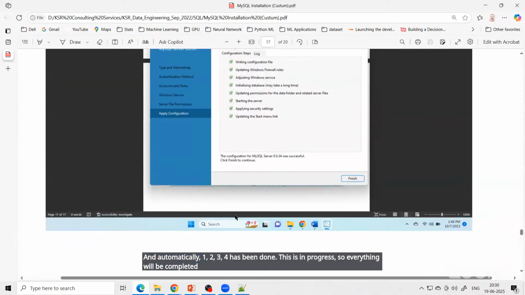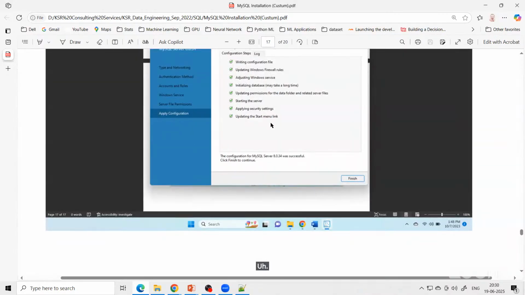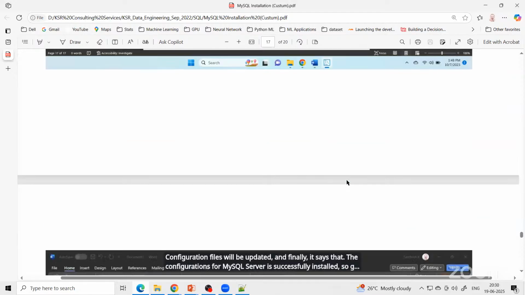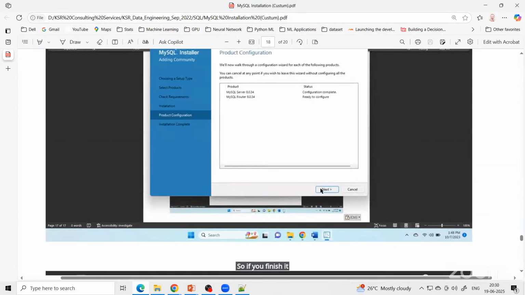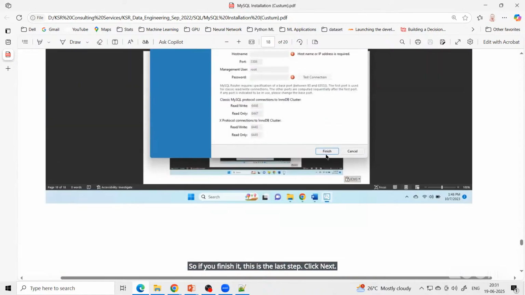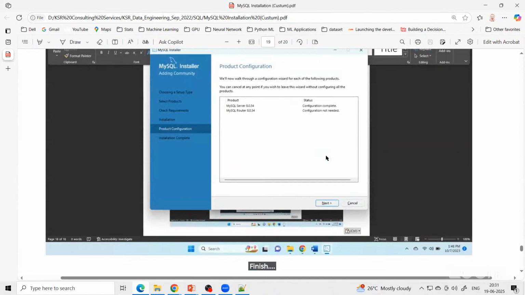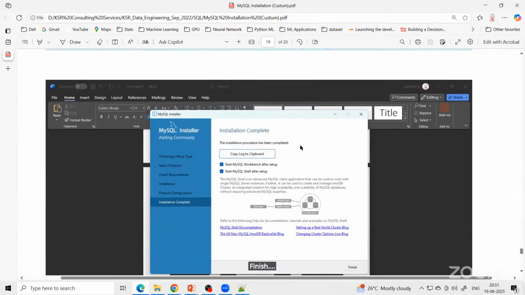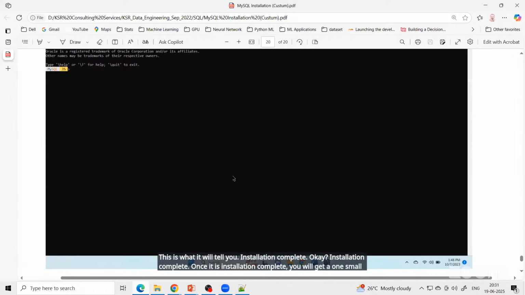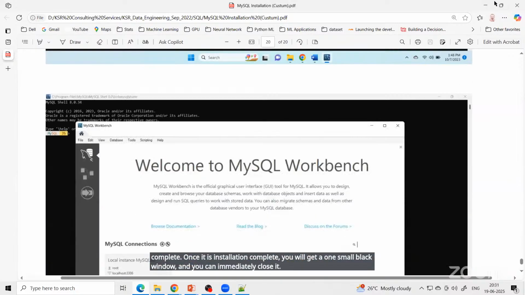All the 9, 10 configuration files will be updated. And finally, it says that the configuration for MySQL server is successfully installed. So go and click finish. If you finish it, this is the last step. Click next. Finish. This is what it will tell you. Installation complete. Okay, installation complete. Once the installation is complete, you will get one small black window and you can immediately close it. Now, after doing that,